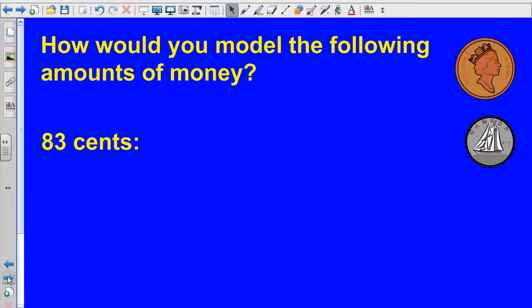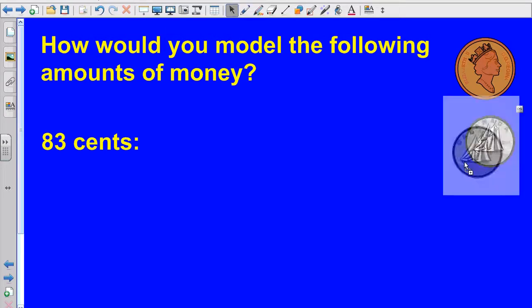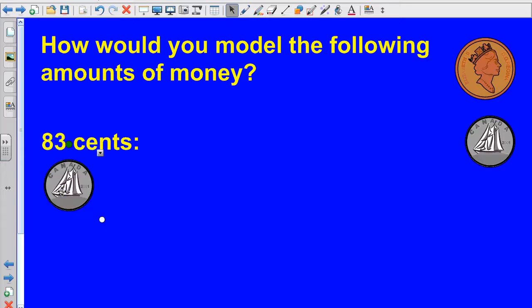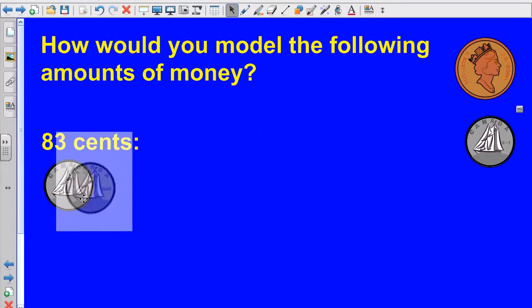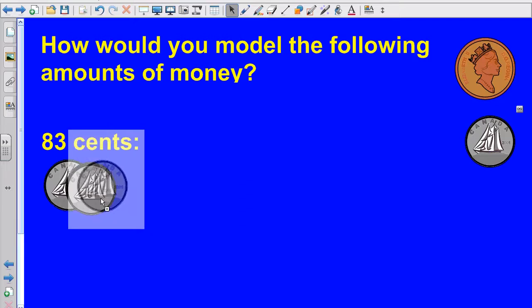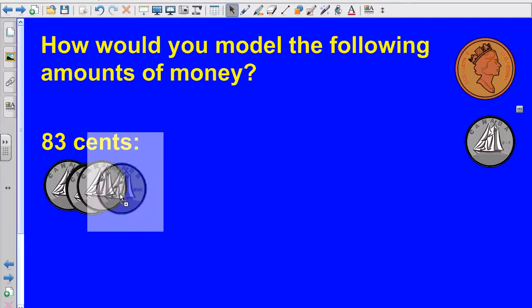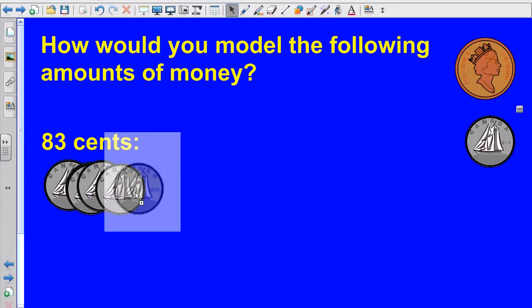Caitlin, yes. All right, Caitlin. So there's 10. Count with it. How much is that? 10, 20, 30, 40, 50,